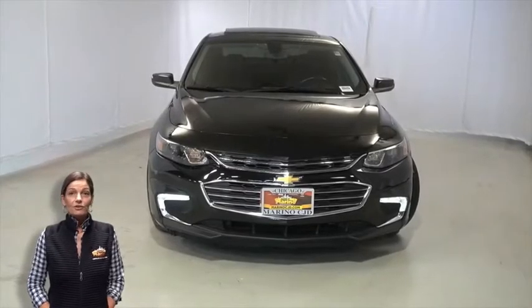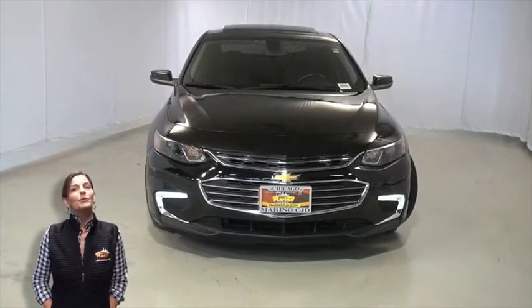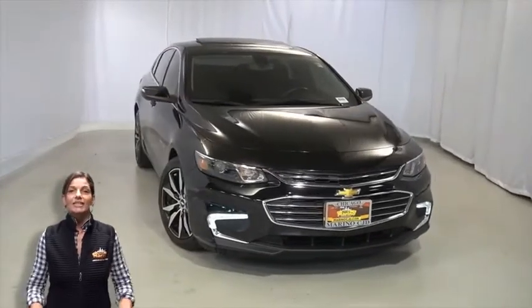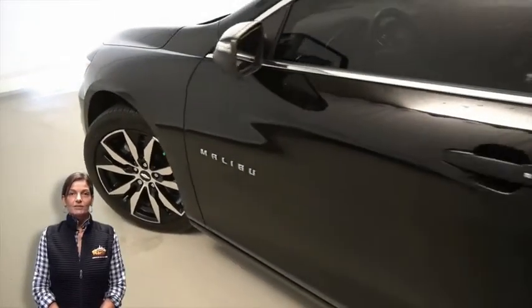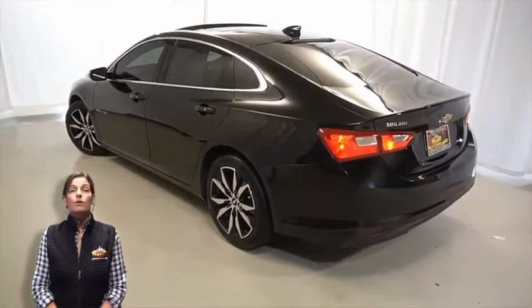Have you been searching for the perfect sedan with safety and reliability without breaking the bank? We'll take a look at this 2018 Chevrolet Malibu LT in Mosaic Black. With HID headlamps, front fog lamps, 18-inch aluminum wheels, power heated mirrors, shark fin antenna, electronic stability control, front bucket